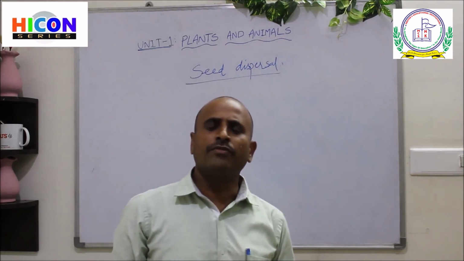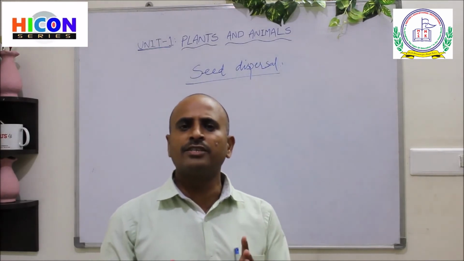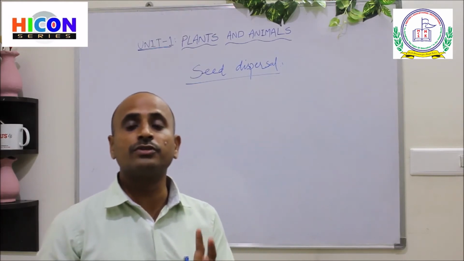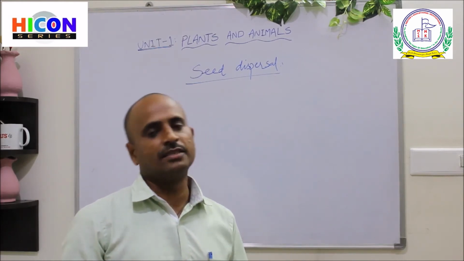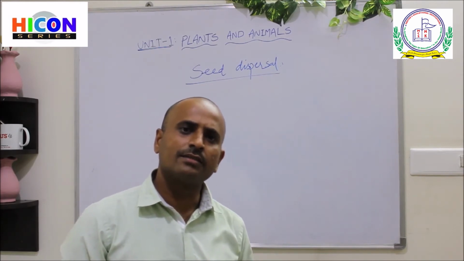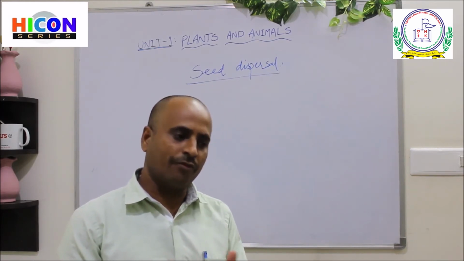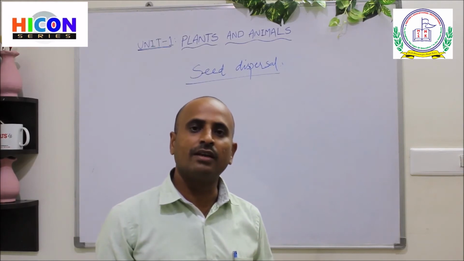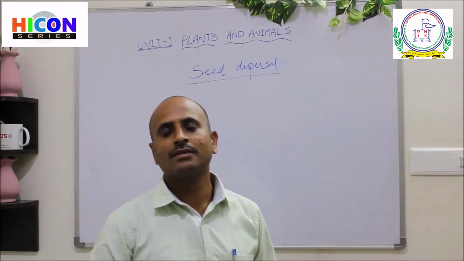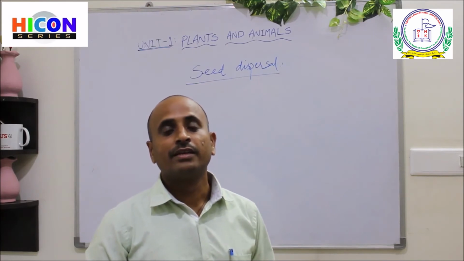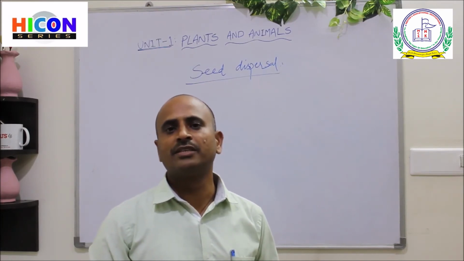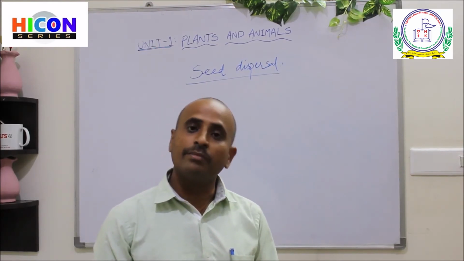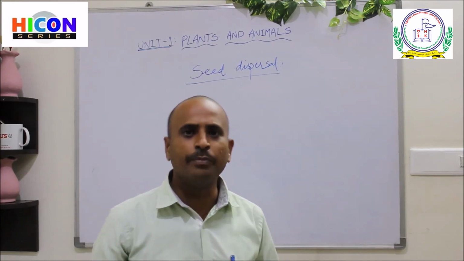In the previous topic we learned that some plants produce fruits having one seed and some plants produce fruits having many seeds. If all the seeds produced by the plant fall on the soil and all of them grow, what happens? Actually this does not take place in our nature. That means all the seeds produced by the plants do not grow at the mother plant, that is, at the same place.